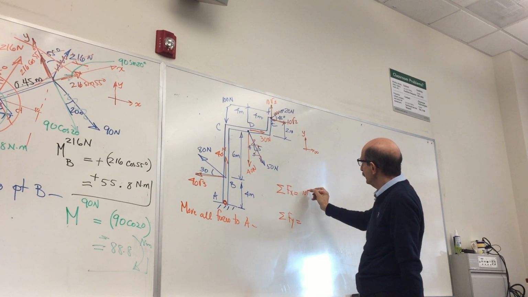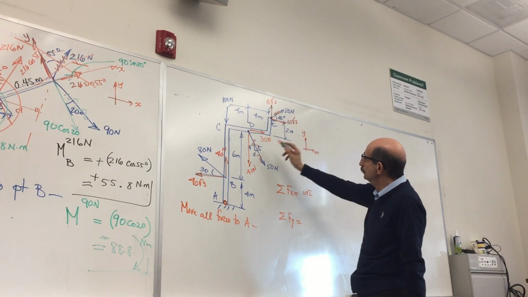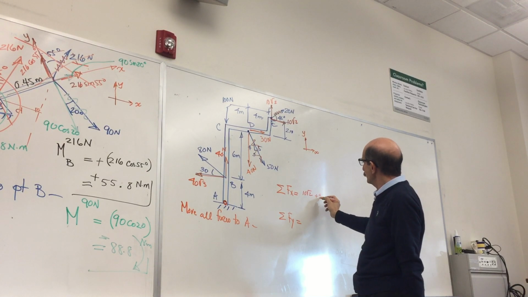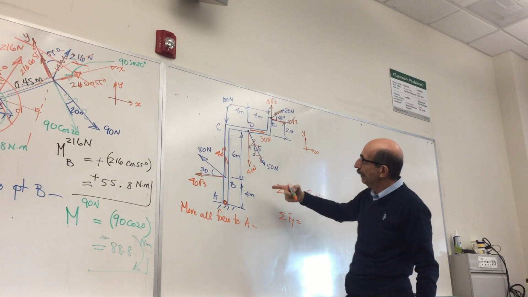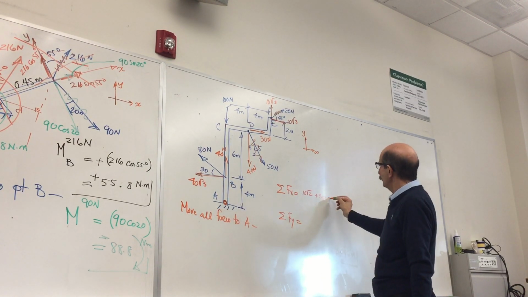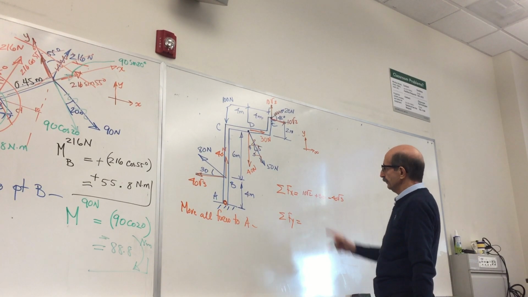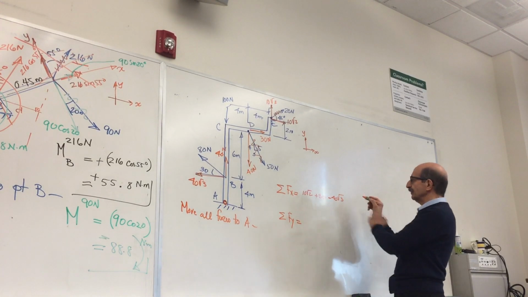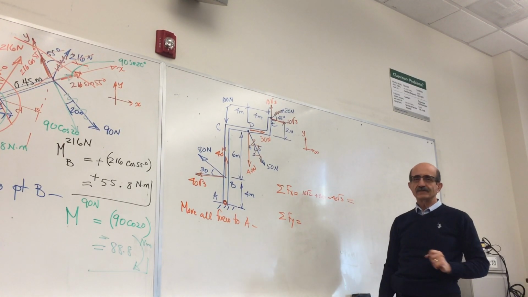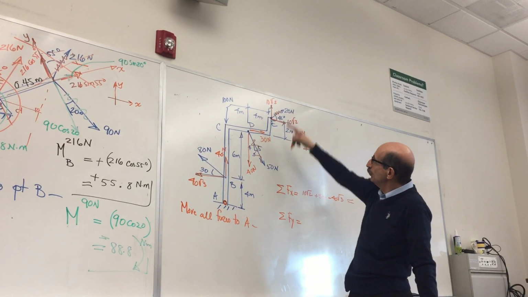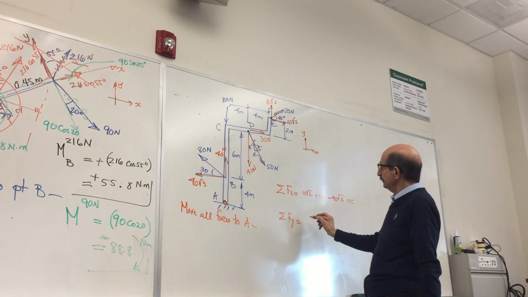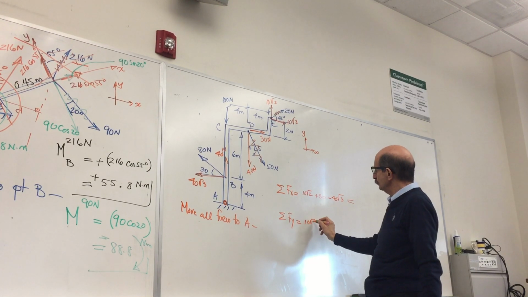You have 10 square root 2 plus 30 minus 40 square root 3. While I'm doing the next one, somebody's going to give me this number. Okay? How about Y? You have 10 square root 2